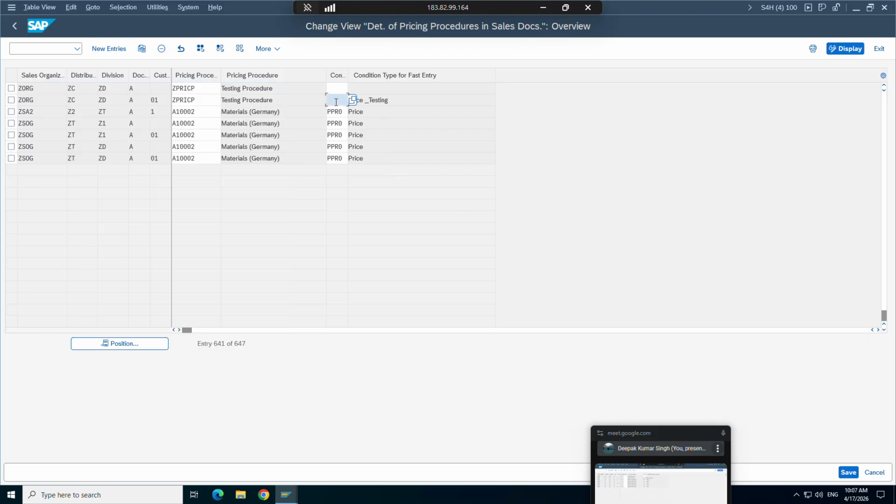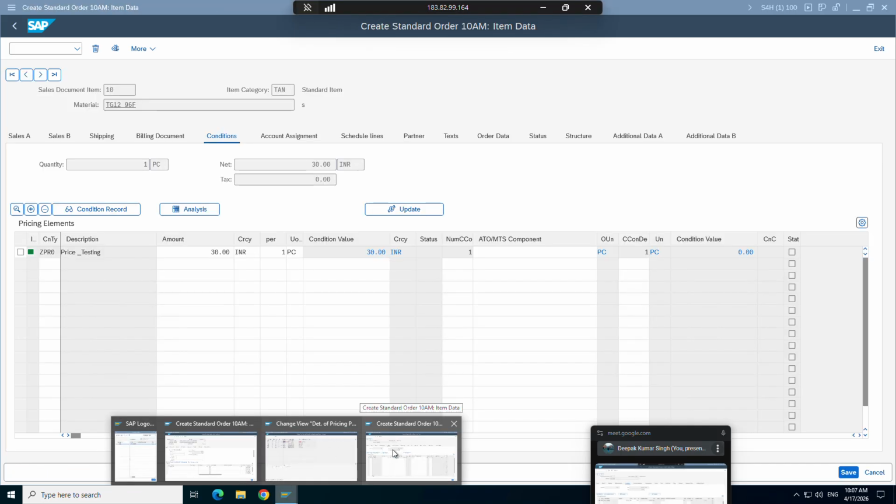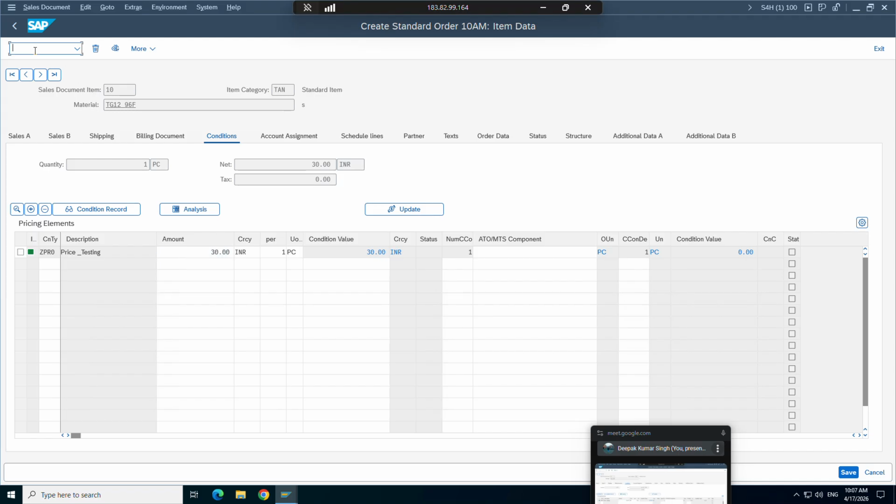If I assign anything, let's say I'm assigning PPR0, it will not allow me. Why is it saying this? Anyone read this message? Condition type PPR0 is not in procedure of the Z pricing procedure. Okay. Why is it saying this? Because in our pricing procedure,